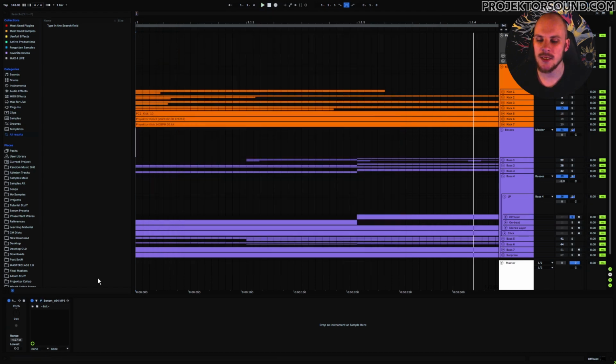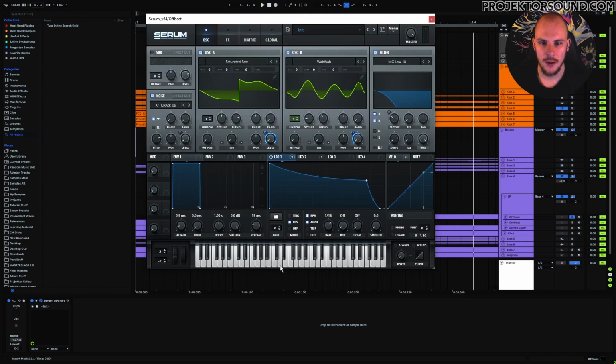Now, when it comes to the synthesis, this bassline is a little bit different. As you can see, I'm actually using 2 oscillators, with one oscillator providing this kind of detuned layer. They both go through the same filter. I also use a little bit of a strange saw wave, and again I'm using a noise click as an attack. We have our standard modulation for the level of both oscillators,